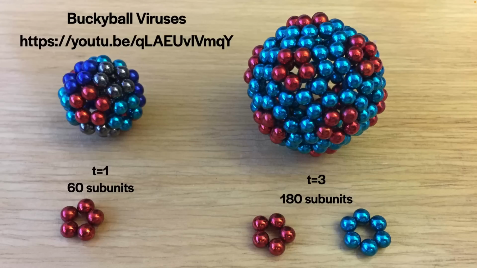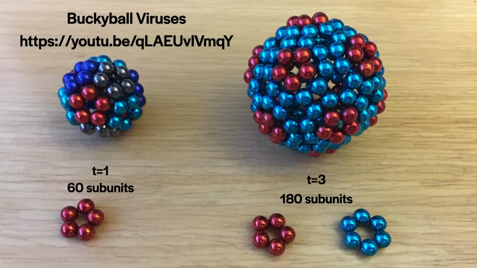Here's a T equals 1 made up of only pentamers. So you take these magnets, 1, 2, 3, 4, 5, and you can use those to build the particle. 12 of these will build the particle. And I made some of different colors. So you can see 5, 5, 5, 5. That is your simplest